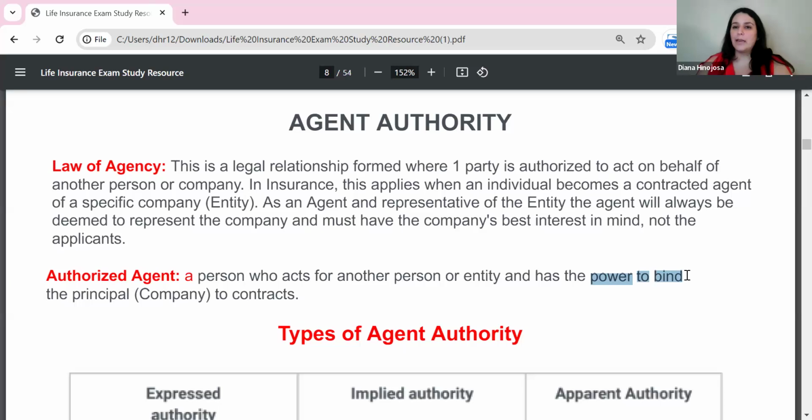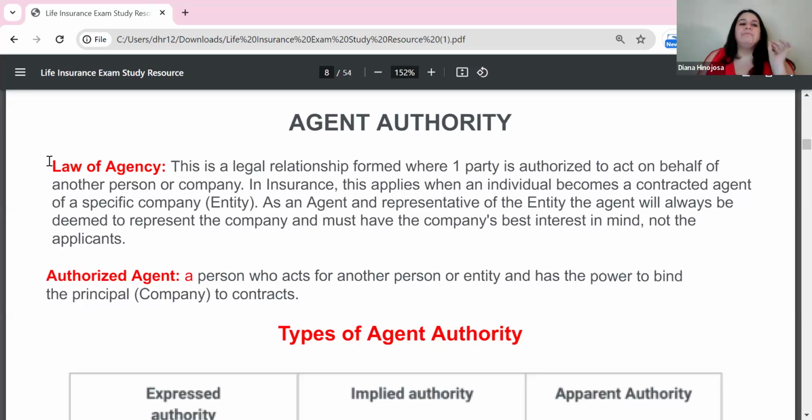And that is going to be our main expectation, right? To sell contracts for our carriers. So that right there, guys, our main expectation. Also, the law of agency, this is another vocabulary word that I want you to know about. Although, honestly, this doesn't come up as much on the test. So law of agency, I want you to know about it, but you don't have to focus on this as